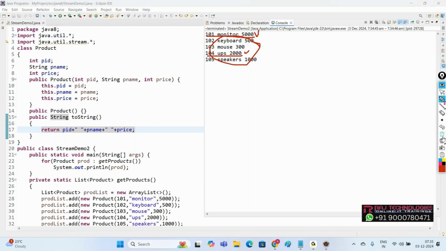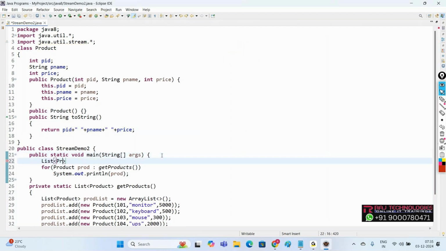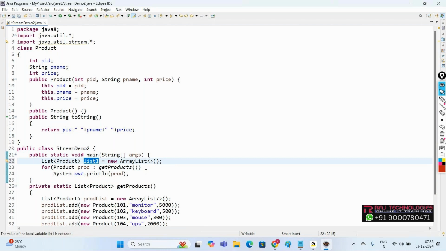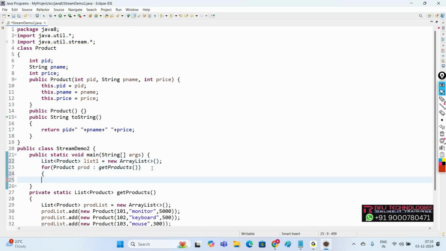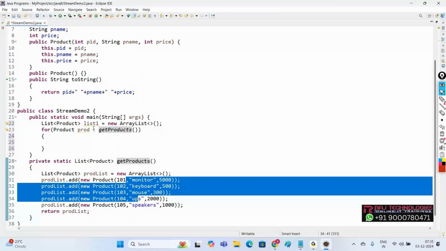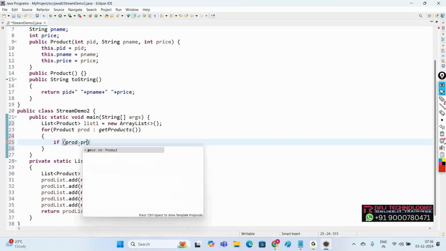Then how to do this filtering process is, let us create a list of product, list var equal to new ArrayList. In this list one, we'll store only the products whose price is greater than 1000. Then what do we have to do? Apply the condition here. We take one product, since the method getProducts returns all these products, and check whether the price is greater than 1000. How to check? If product dot price greater than 1000,